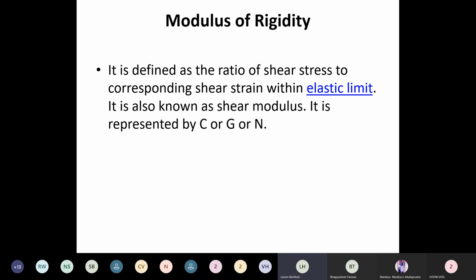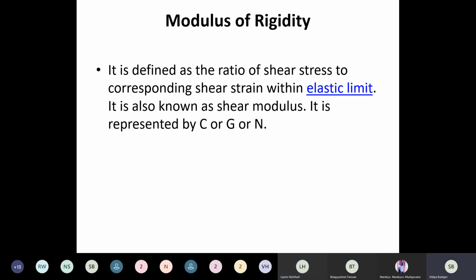So if it's purely of shear, then it is taken as modulus of rigidity. That is the ratio of shear stress to the shear strain within elastic limit. Okay. So see the word shear stress by shear strain. Now can anyone tell me again what's the unit of modulus of rigidity now? Depending on the definition, ratio of shear stress to the shear strain. Can anyone tell me the unit?